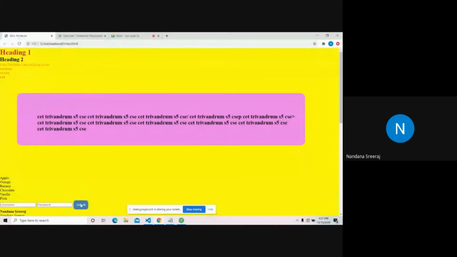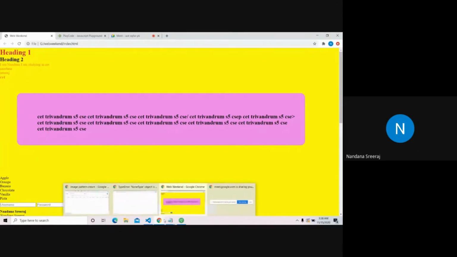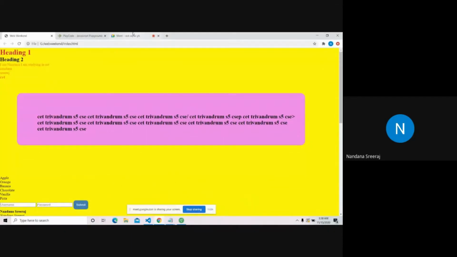So when I click the submit button, the color changes to red. When I click the submit button again, the color changes back to black. So what is happening when I actually click submit? The clicky function gets called. When the clicky function gets called, the heading with the ID heads is stored into the variable x, and it is checked: if the color is red, it is changed to black, and if it's black, it's changed to red. So this is how we link JavaScript to our HTML document. Any doubt as of now? Anything?